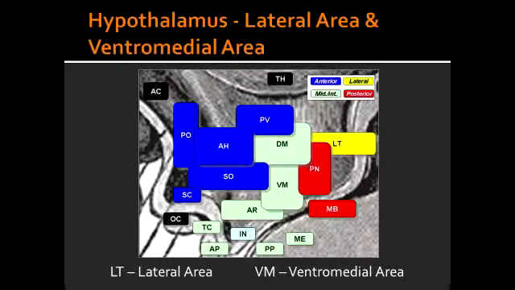What is the responsibility of the lateral area of the hypothalamus? The responsibility of the lateral area of the hypothalamus is to sense hunger. What happens if there is destruction of the lateral area of the hypothalamus? In destruction of the lateral area, this will lead to anorexia and failure to thrive in infants. What inhibits hunger? Hunger is inhibited by leptin, which leads to decrease in appetite.